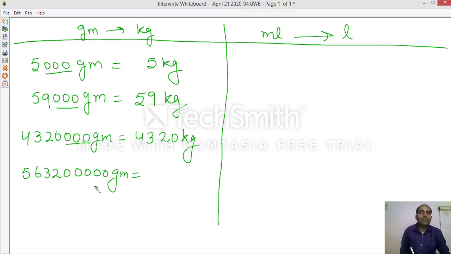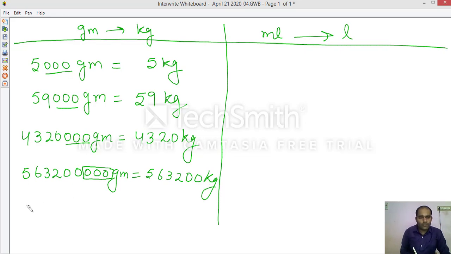Now this digit is given to you. What you need to do? You need to only remove the 3 zeros, and it will be changed from gram to kilogram. 56320 and one more zero. You have removed these zeros. So what is left here? 563200 kilogram.